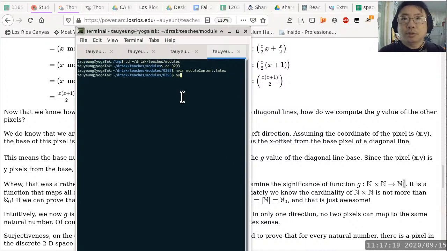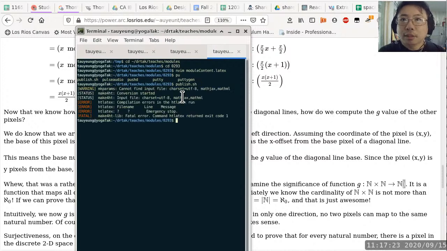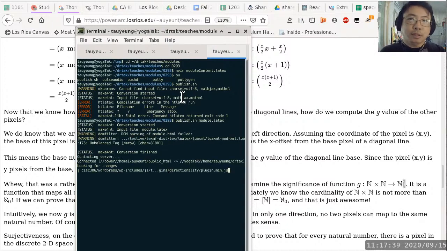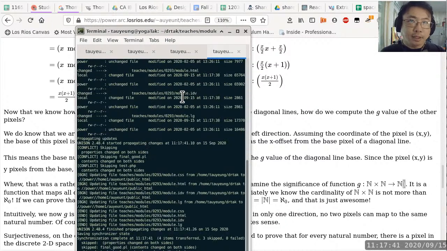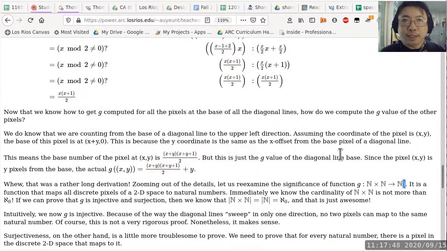So it is just publish. I wrote a script to do all this stuff here. Nope, that is not it. Oh, right, because I have to supply a name. So that would be module.latex. So this just runs all the necessary tools to create the HTML file out of the LaTeX file and upload it to the server. And as a result, when we update here on the server,